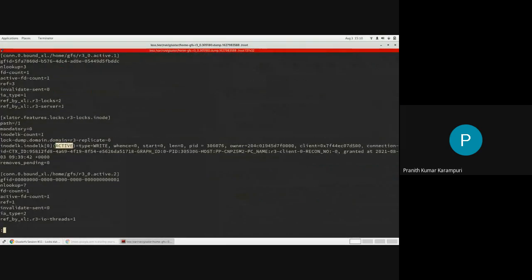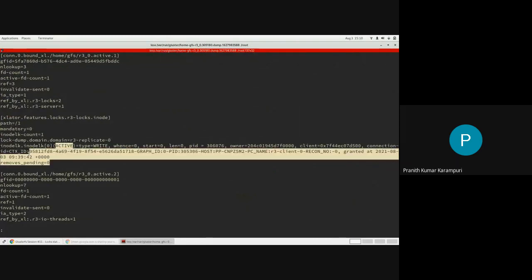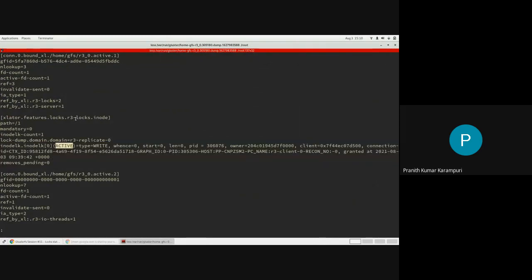So when we take a state dump, we will get all the locks on a particular inode. If the path information is available, even that gets printed. Okay, so this is the domain, replicate-0 is the domain name. You can see from this that it is introduced by the IO path, and it also tells you start is 0, len is 0.